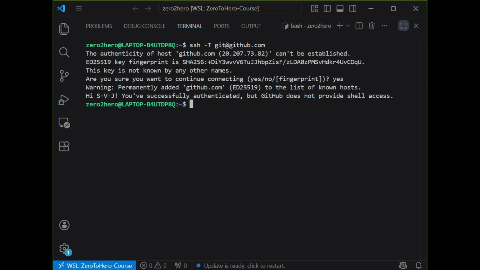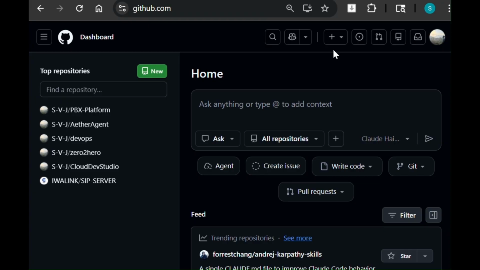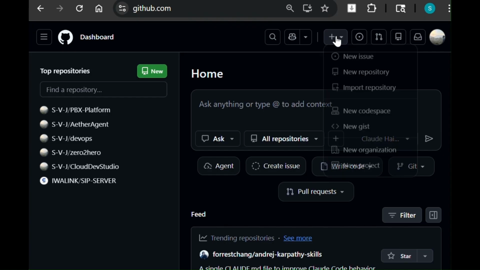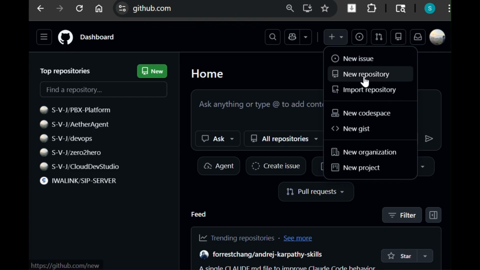Now, let's connect your local project folder to GitHub. Create a repository on GitHub. Go to github.com, click the plus icon in the top right and select New repository.